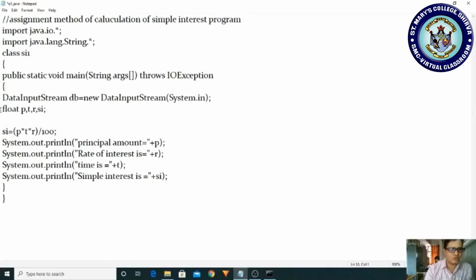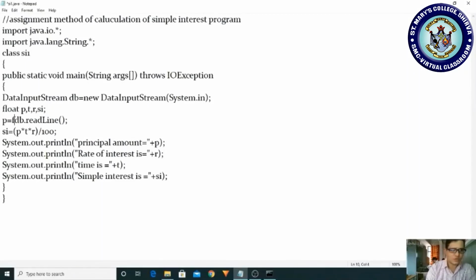Afterwards, what do you have to do? You have to declare the variables. Now you have to read the value. You defined it here as a float, right? So how to do that? p is equal to, now we have to write db.readLine. If you read like this, you are reading the value as a string, but we have declared p as float.